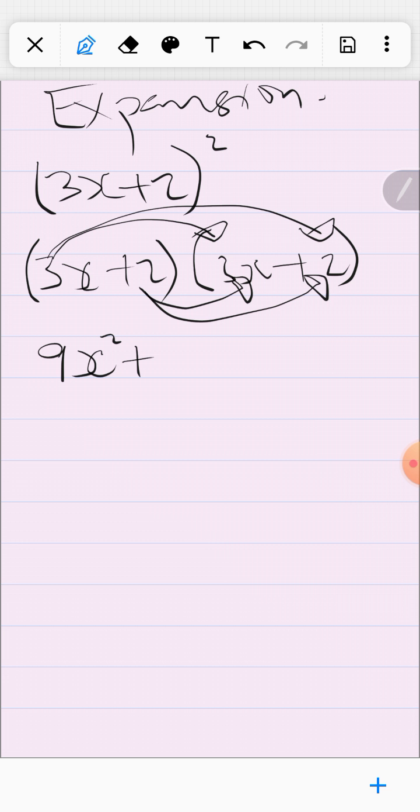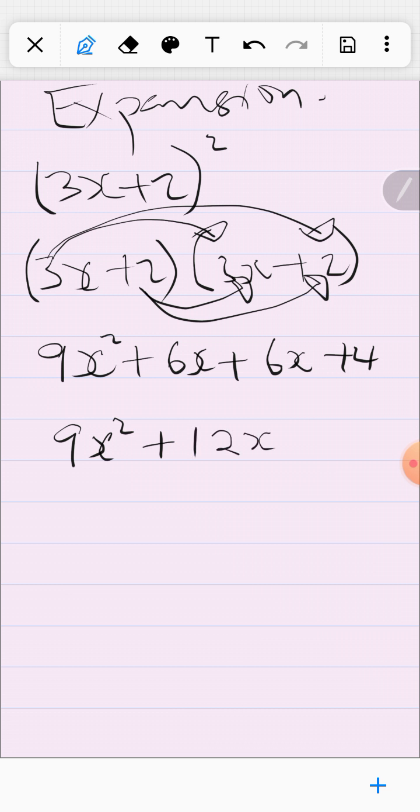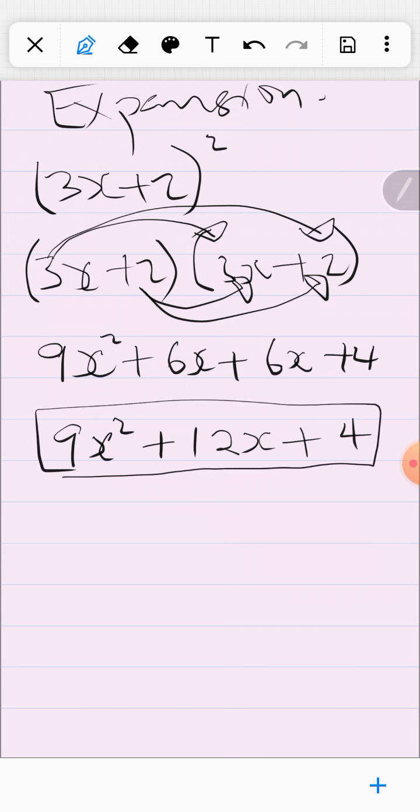Then 3x times 2 is 6x. 2 times 3x is 6x. 2 times 2 is 4. Then I'll end up with 9x squared plus 6x plus 6x, which is 12x, not 12x squared. Like you're adding 6 cows plus 6 cows, you get 12 cows. So this is the expansion of that little thing. This right here is the expansion of